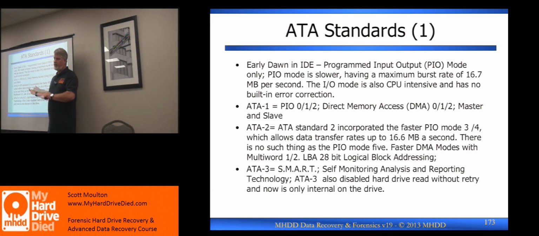Now, the important part in 28 bits is, first thing is we had small hard drives. They thought it'd be decades before they would hit the limit. Of course, we know now, in the turn of the century, we ended up at 20 gig drives, and then as soon as we got from 20 gig drives, by 2001, 2002, you remember we already were at 200 gigs? By like 2002, 2003, we were in the 200 gig range. You could buy them, they were expensive. But at that point in time, you had to upgrade your BIOS. Your BIOS could no longer talk to the hard drive if it was larger than 137 gigs.